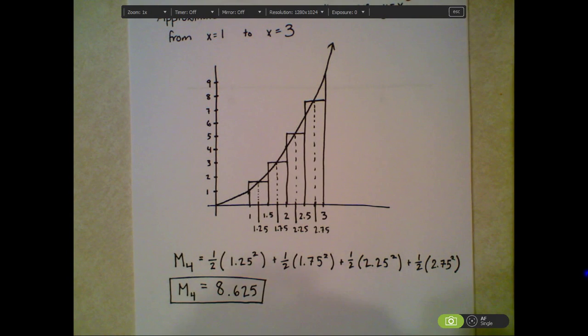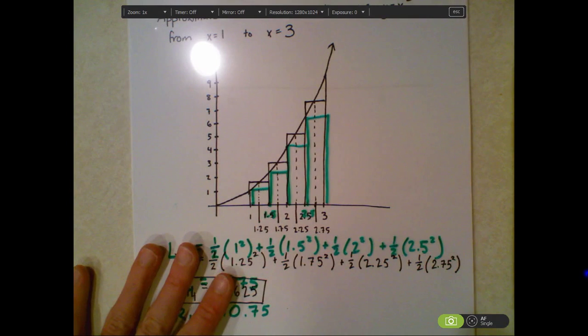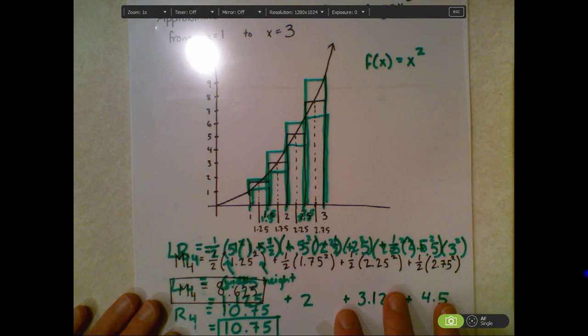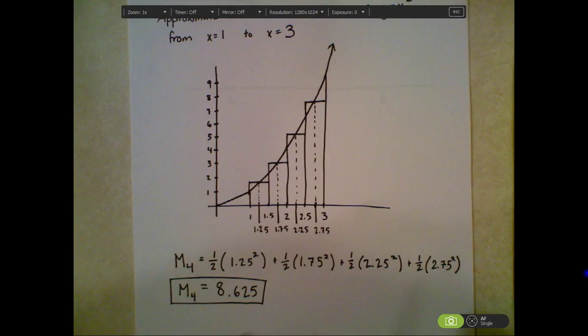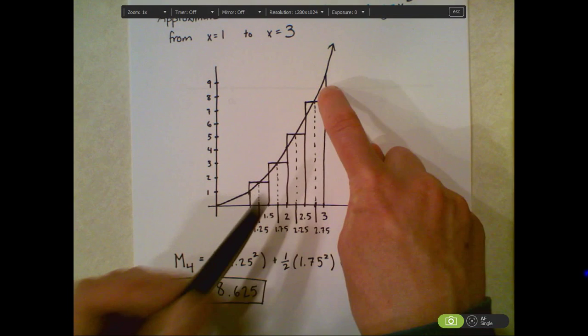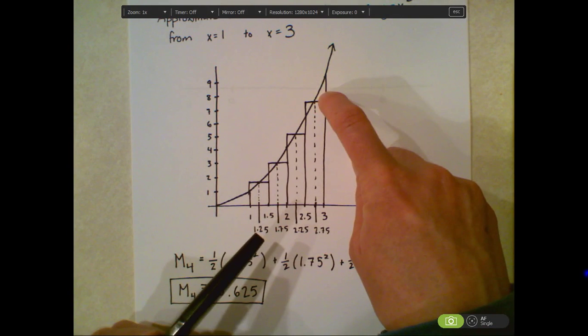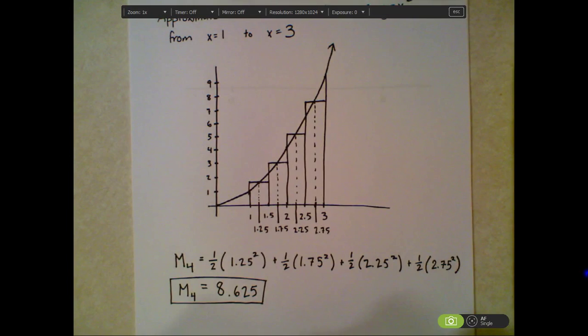So these are 3 different approximations, and we know that our left endpoint was an underestimate. Here's my left endpoint picture. Our right was an overestimate, and our midpoint is somewhere in between. And it turns out that I can look at this picture and guess that the midpoint is still a little bit of an underestimate. And that's because if I just look at this rectangle right here, it's not accounting for this much area and it's over counting for this much. And this is going to be a bigger value than this. But those are subtle details. This is the basic tool that we're going to use to approximate areas.